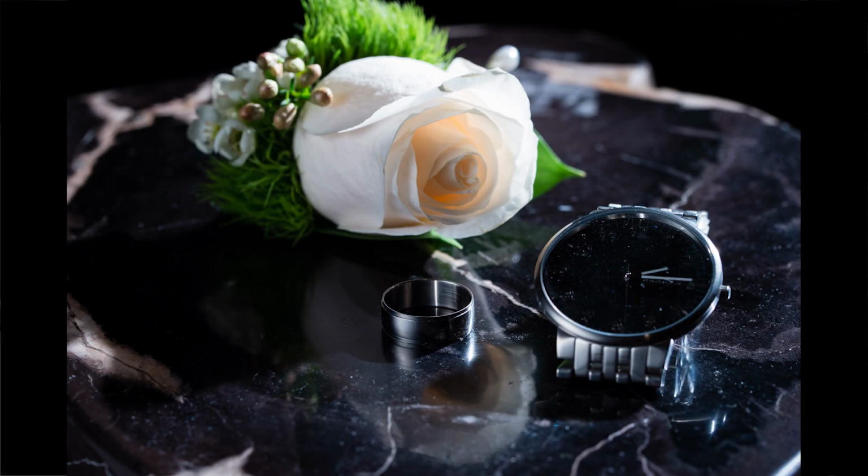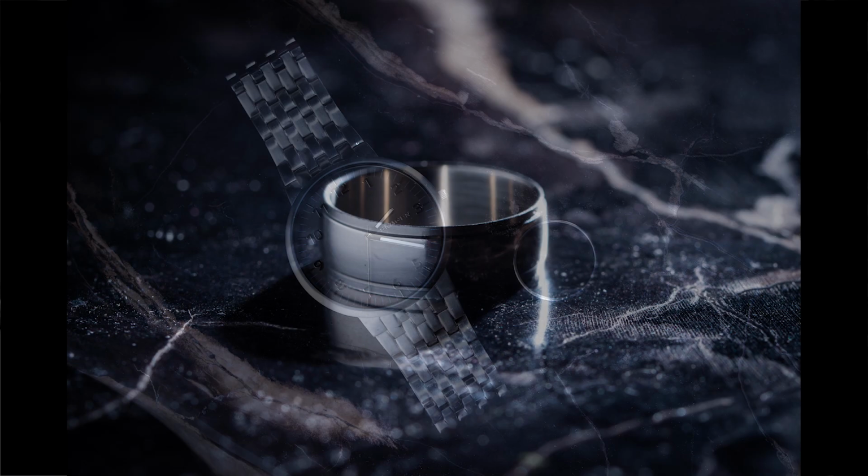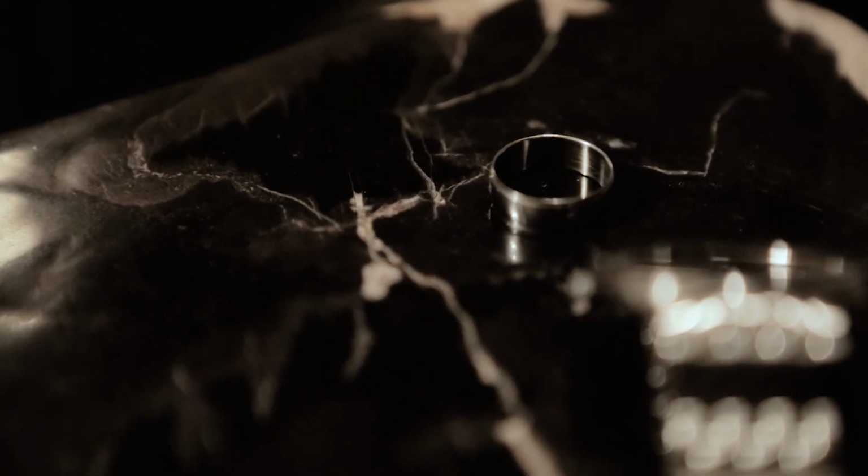All right, so now we have our ring shot. How do you get small pieces of jewelry to stand on their own and be a big, beautiful photograph? Well, lighting is going to be one major way to do that. For starters, we have to have something to put the ring on. I found a really cool marbled tabletop, so we put the ring on that. Just using ambient light in the room, though, the image was very uninspiring. So I took a Rogue FlashBender 2, the small size, and I rolled it into a snoot to get a focused beam of light,